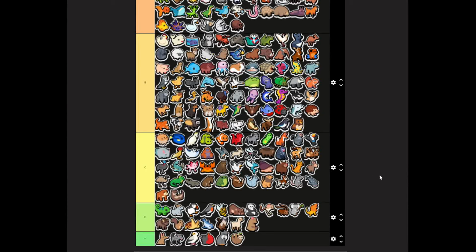Feel free to just shout at me about how wrong I am about a lot of these pets. There's 252 of them, so I'm guaranteed to be wrong about some of them, but I've played this game for 2,000 hours or whatever,